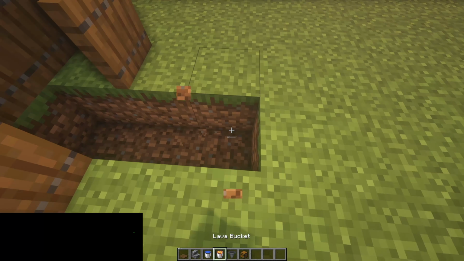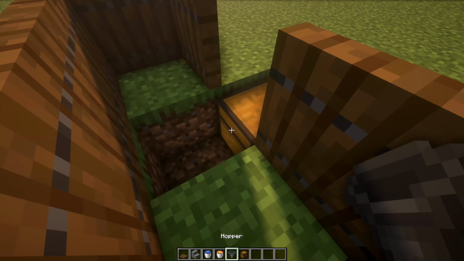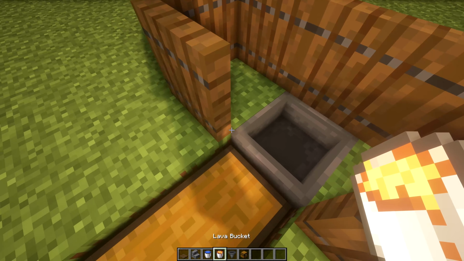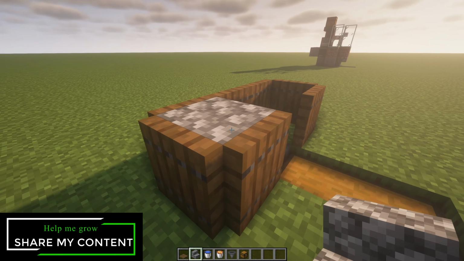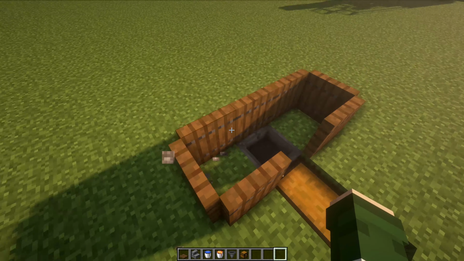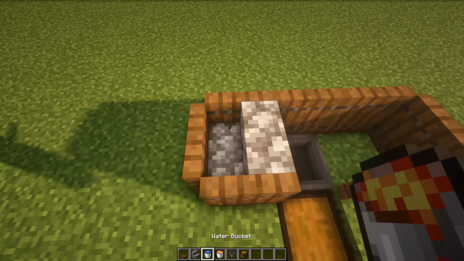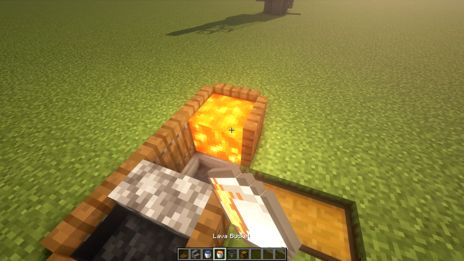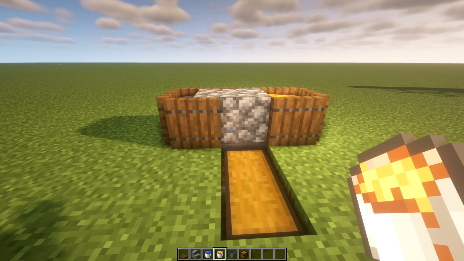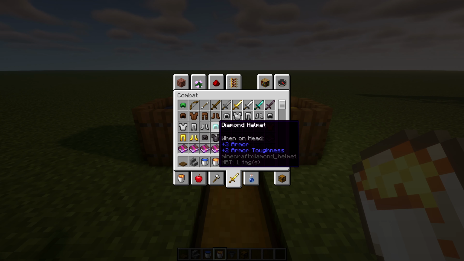What I'm going to do is put in a double chest with a hopper behind it. We're going to put in our stair, and we're going to make it upside down right there. Or you could do it like this as well. Either way would work. And then you're going to fill that in with water, and then you're going to put your lava bucket there, and then you can just mine this out with